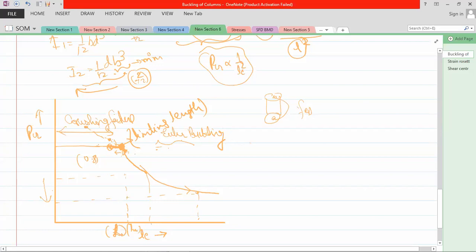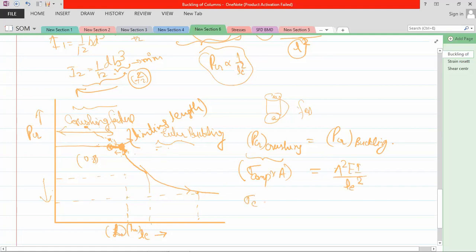So what is the condition for the length L, that is capital L, for which the buckling will happen? That value is, you take P critical for crushing, and that should be equal to P critical for buckling. We equate these two values because you can see that this is a continuous function. That means this value is equal to crushing failure, and this value is equal to Euler buckling. So you know how to obtain crushing: you can directly take compressive stress into area. This is your crushing force, P critical. And for Euler buckling, you know pi square EI upon Le square.